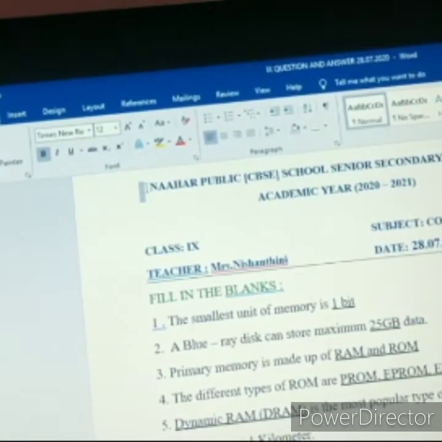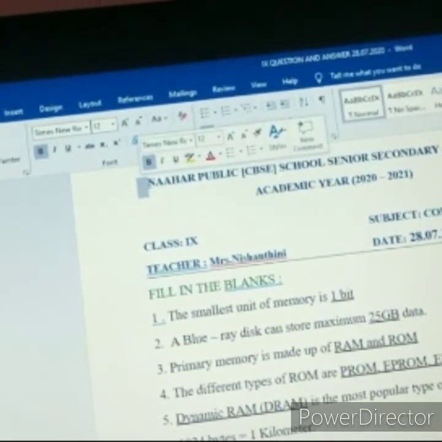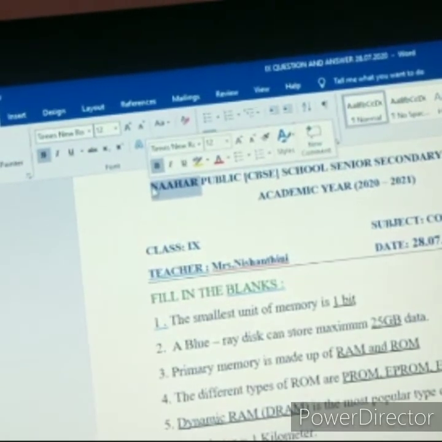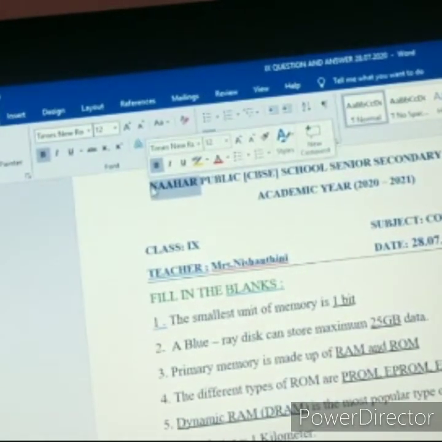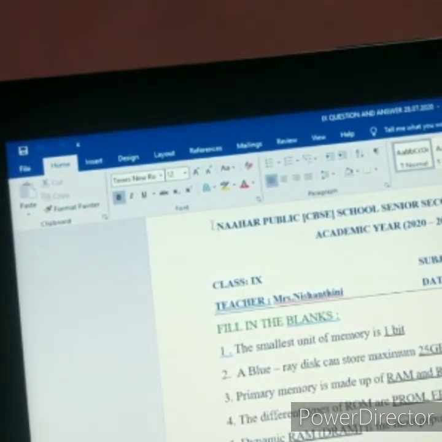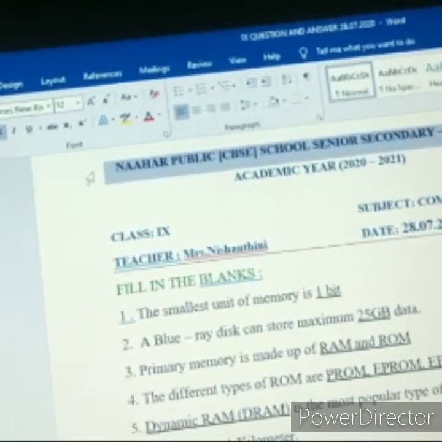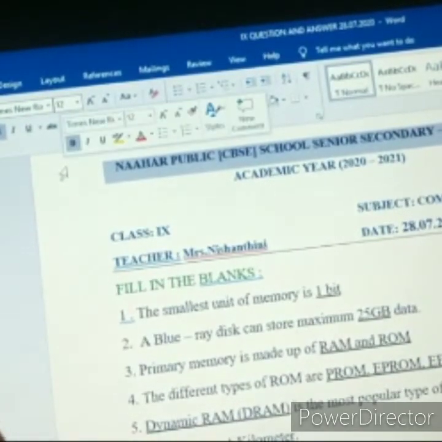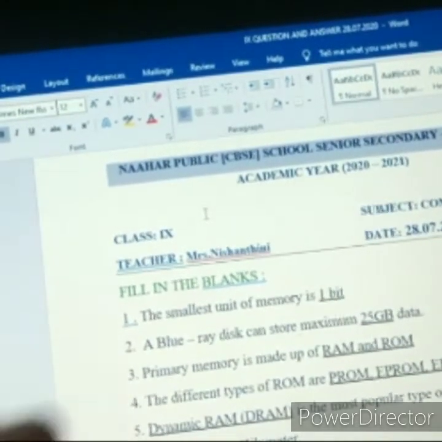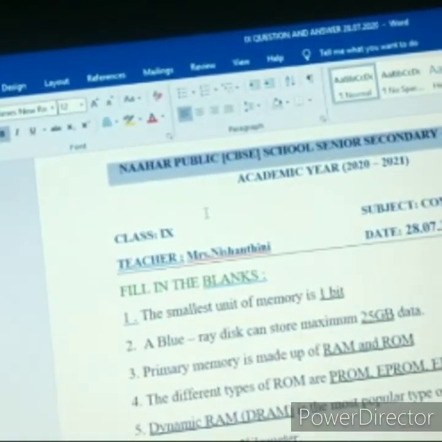So the first one is, you just double click that. If you double click, it selects the full sentence. If you want to select a full paragraph, you just triple click anywhere on the paragraph. For a full sentence or full paragraph, you have to triple click. You have to click three times anywhere on the Word document.